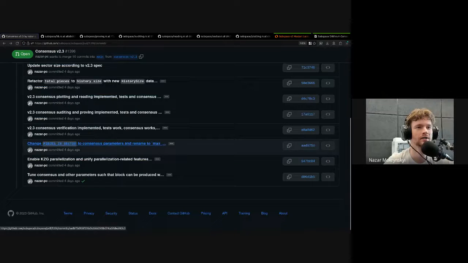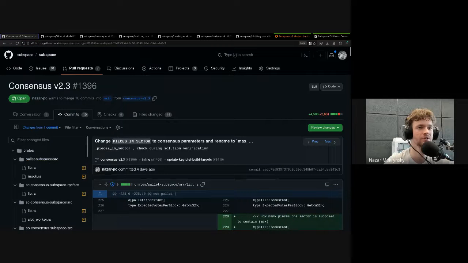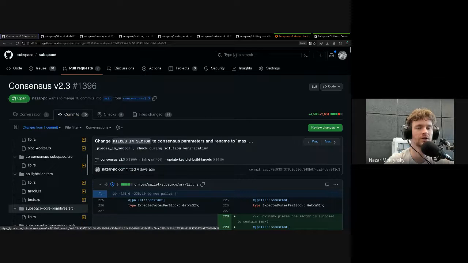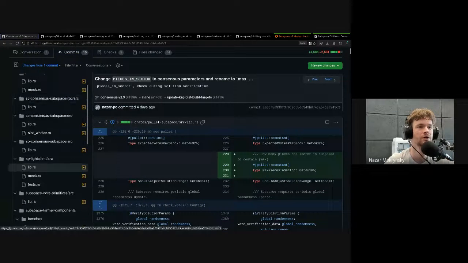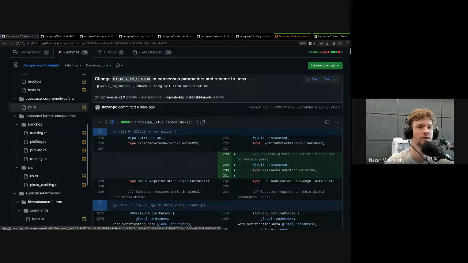So I didn't want to rebase everything like 10 more times, so I've added that at the very top. We had a constant called pieces in sector, which was a global constant. It was replaced with a consensus parameter. So in the runtime,